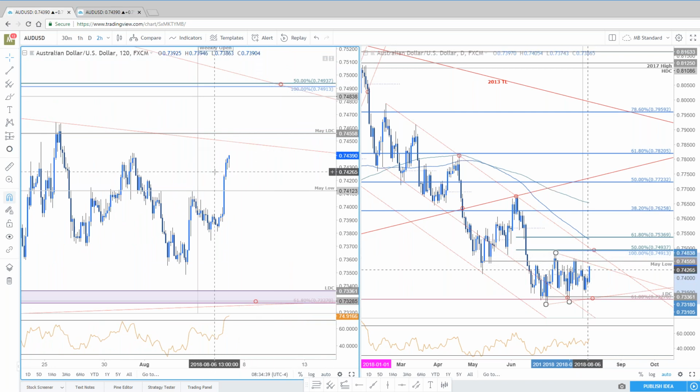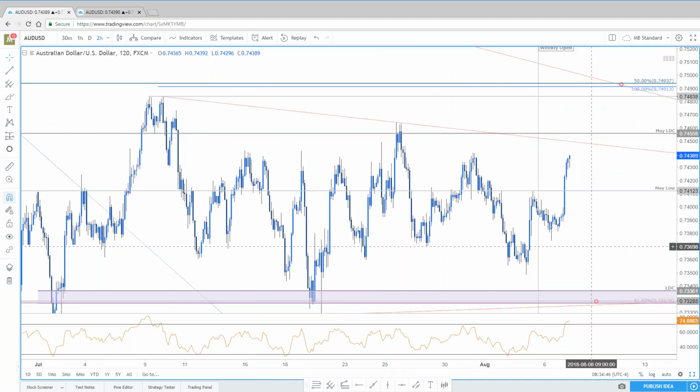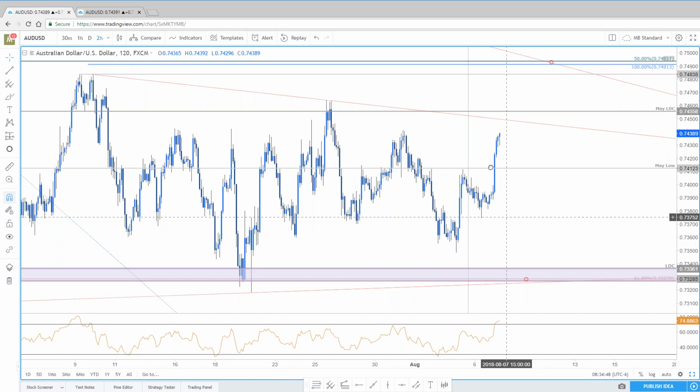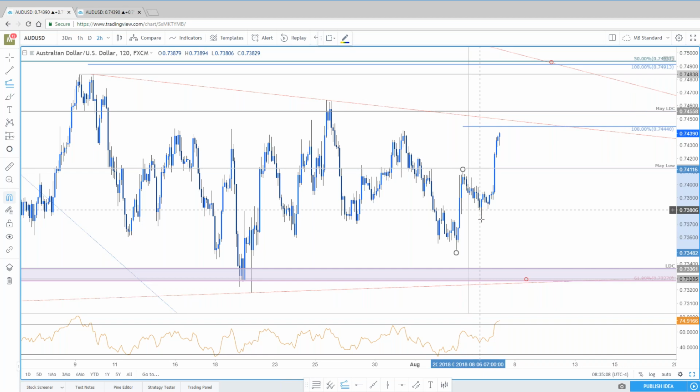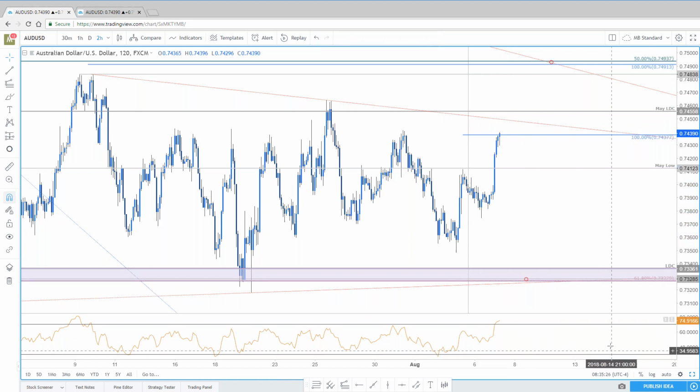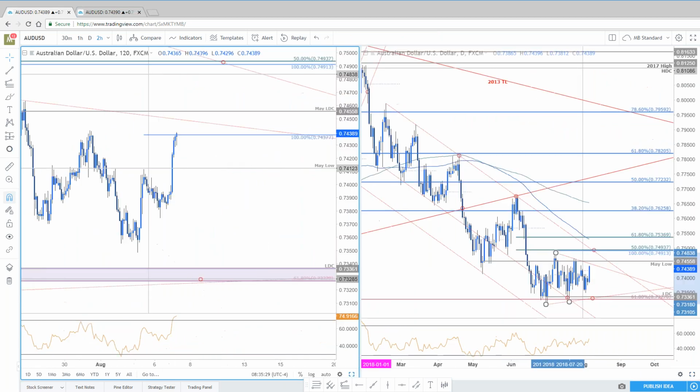Some of you might be thinking, well, should we be looking for short exposure on a move into this? I was kind of looking for that possibility. I don't want to really get too aggressive on that idea, but what I was looking at was this. The 100 comes in right here. If this was just two equal legs up, you could see some failure here on open of the US trade session. You'd be tempted to take the short there for a near-term scalp, but even for me, it's just not my cup of tea. I'm still of the mindset that you get a larger pull higher here